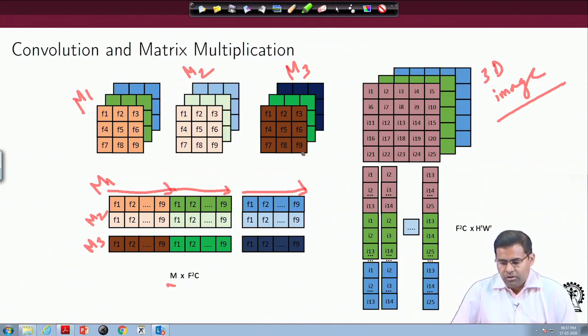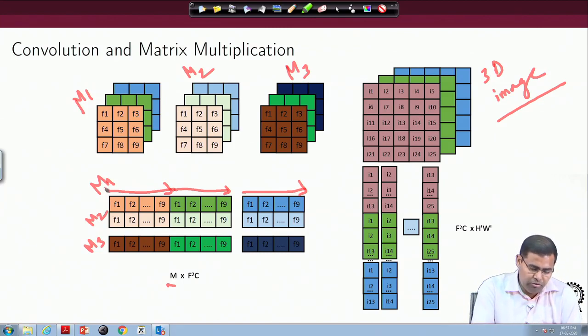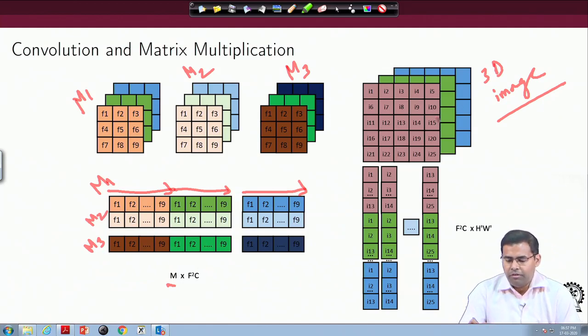Why do you do this? Well, that becomes clear when you look at what transformation we make for the image. So, this is the image on the right hand side, 3 channels. For each channel, and sorry, here we are talking about different masks, right. Each of them are 3D masks, and each mask finally gets to one row, and the second row is for mask 2, third row is for mask 3, like that. Here I have the image, and for the image I have 3 channels. For each channel I have a 5 cross 5